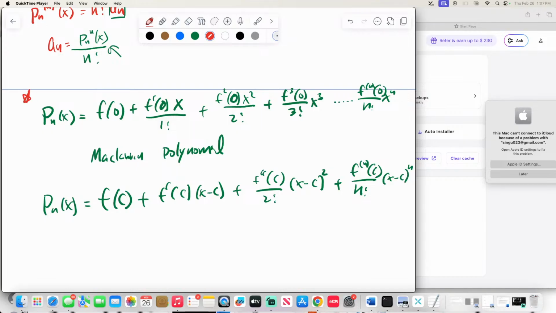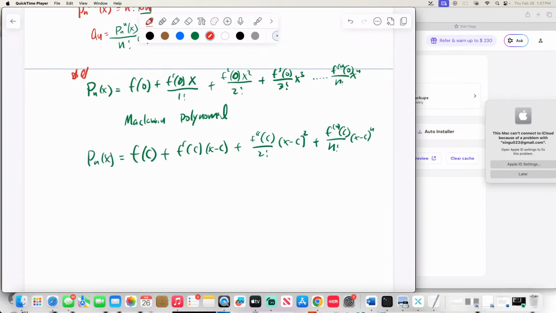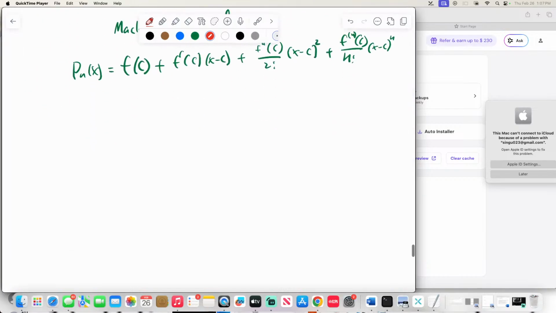Now this is the most important thing. This is the most important thing. We can try with e to the x, and we can try with the cosine of x. Okay, start with e to the x. We already got e to the x before. I'm going to show you how you use